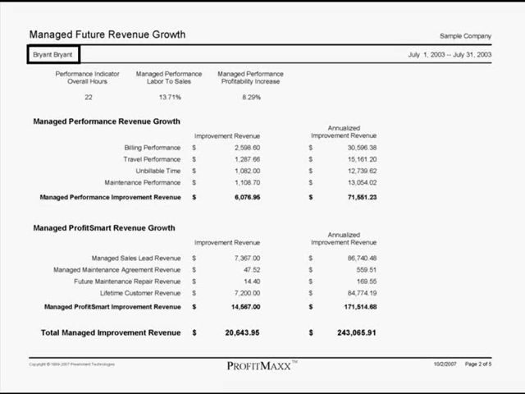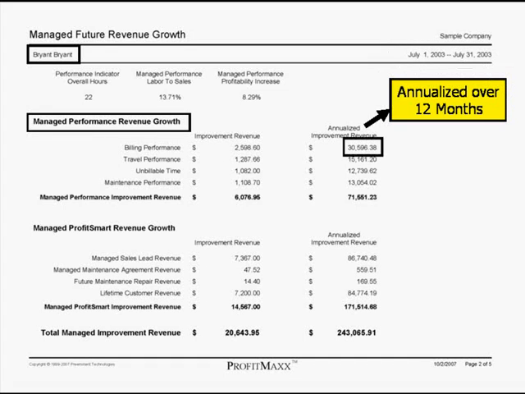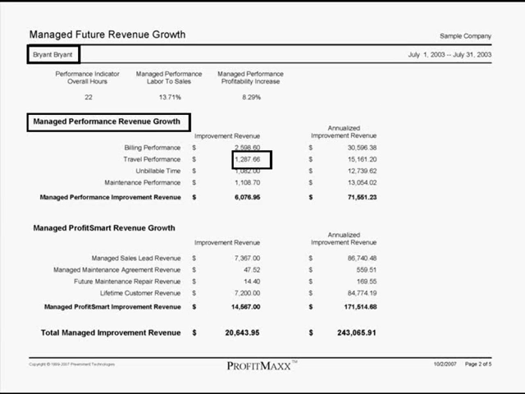Now let's take a look at the managed performance revenue growth section on Bryant's report. For billing performance, again, remember this is for the month of July, our reporting period. The improvement revenue is $2,598. Over the course of a year, that's going to total up to $30,596. For travel performance, increases could be, or improvements could be, a total of $1,287 for the month, totaling up